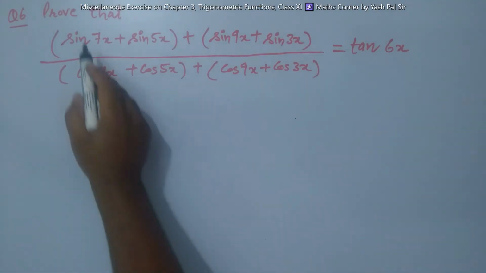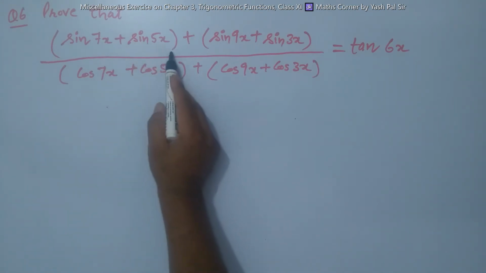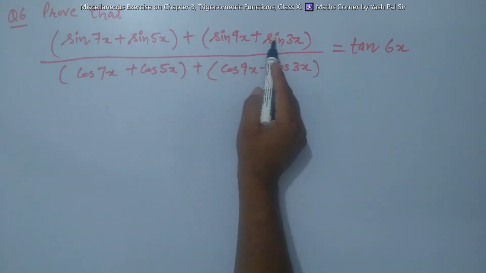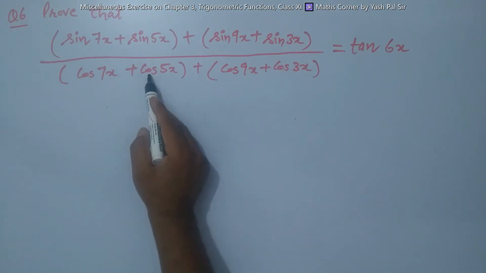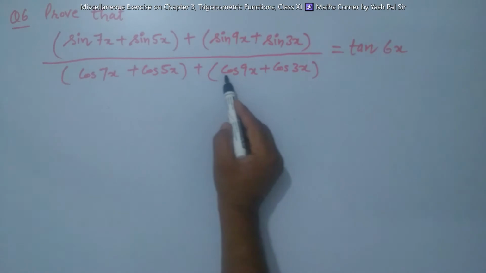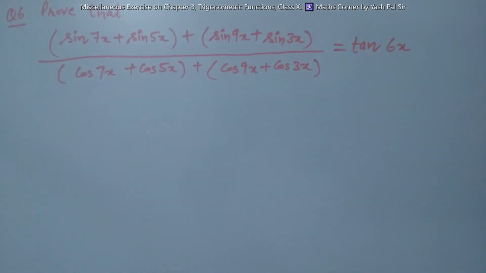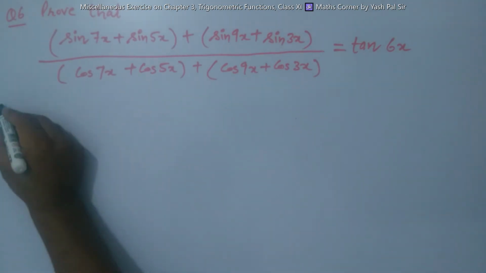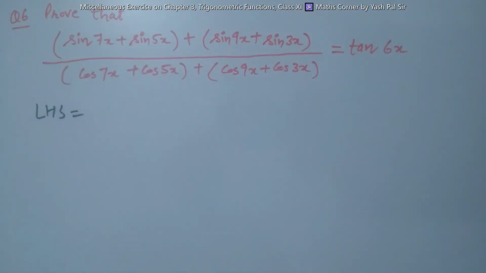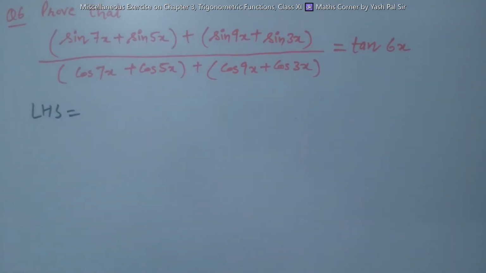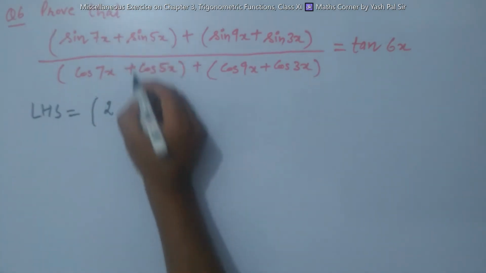Question number 6 is, prove that (sin 7x plus sin 5x) in the first bracket plus (sin 9x plus sin 3x) in the second bracket, divided by (cos 7x plus cos 5x) in the first bracket plus (cos 9x plus cos 3x) in the second bracket, equals tan of 6x. So first of all, the left hand side, sin c plus sin d. What is the rule? What can we write? We can write this equal to 2 sin of (c plus d)